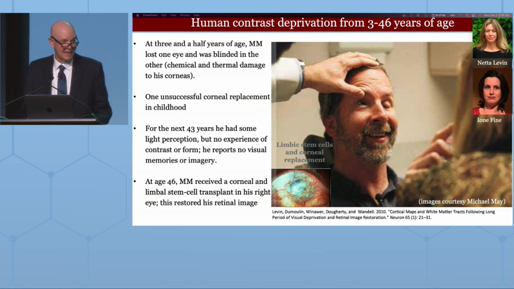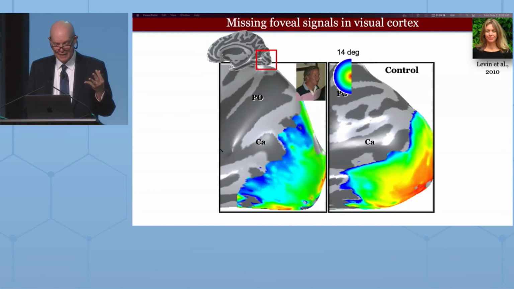And he decided at the age of 46 to try a corneal limbal stem cell transplant, which was done by Dr. Goldman at his center in San Francisco, and it took. And all of a sudden, contrast vision was returned to his retina. His electroretinogram was okay. He never really learned to see properly, and we were wondering, and we had the opportunity now, even though there are many cases like this, that was the expected outcome.